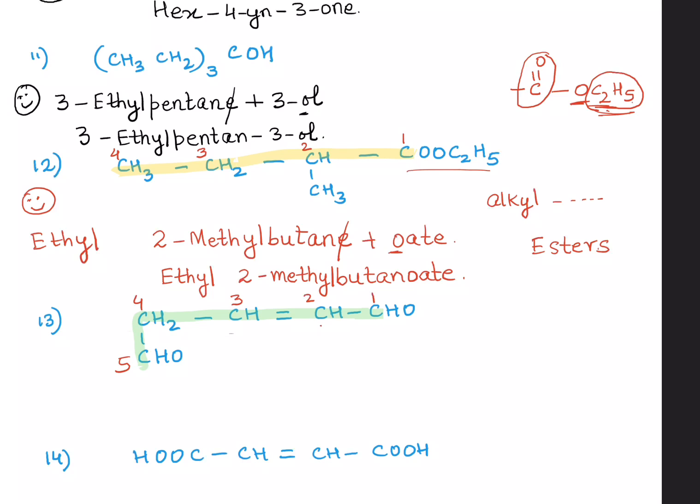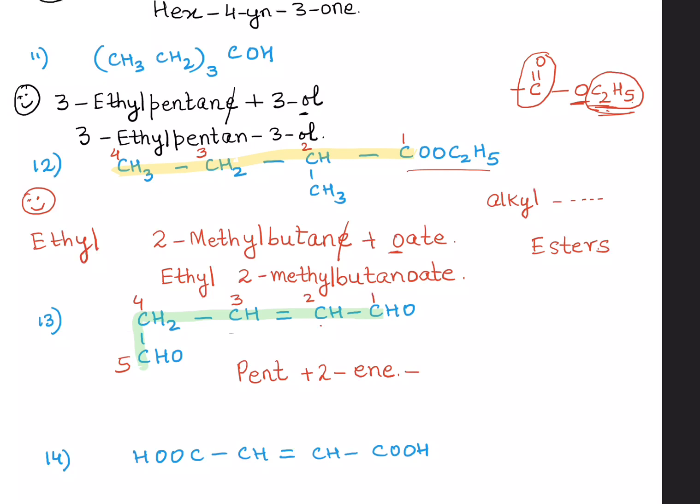So, how are we going to name this compound? Do we have any substituents? No. Do we have a word root? Yes. What is the word root we are going to say? Because 5 carbon atoms, so pent. Saturated, unsaturated, yes it is unsaturated. So double bond means what are we going to write? We are going to write "-ene". Are we going to represent it by carbon number 2 or 3? The lower number, so 2-ene.